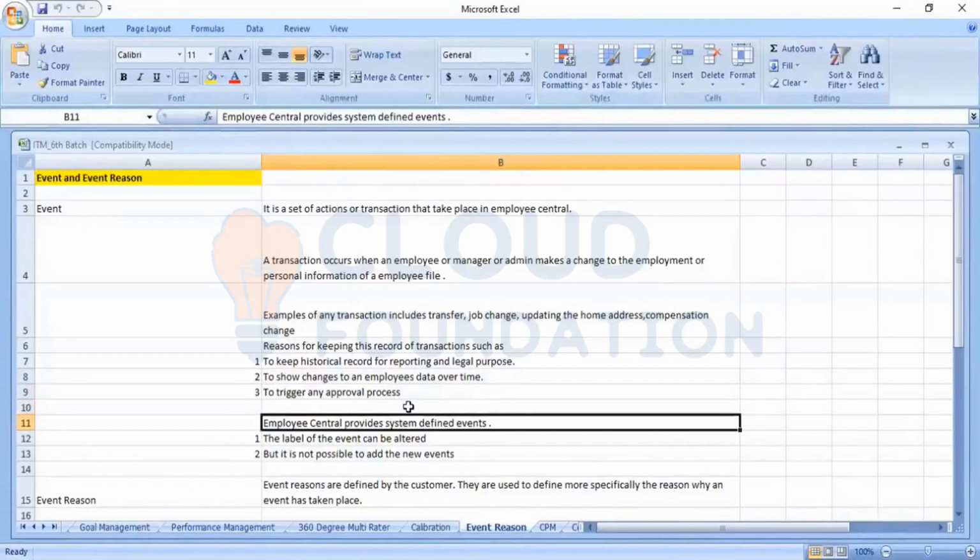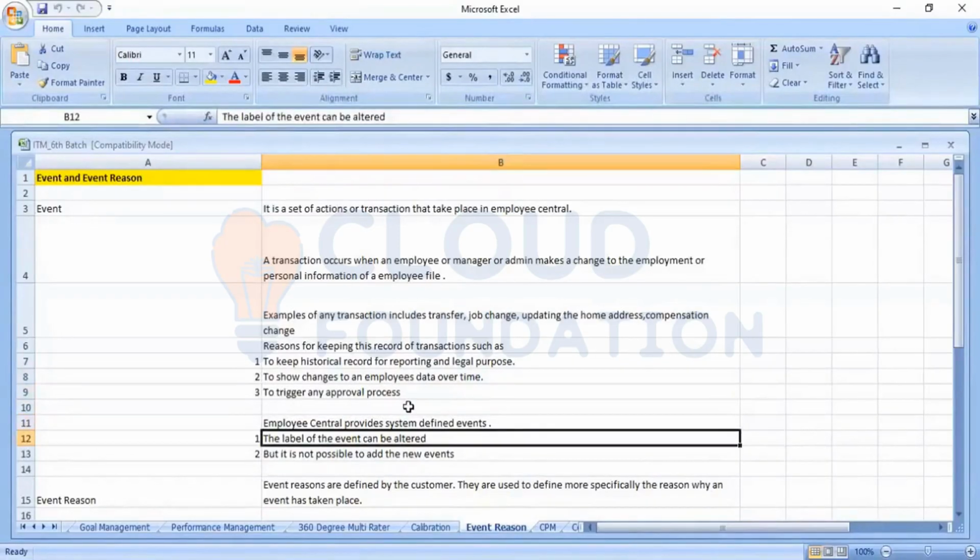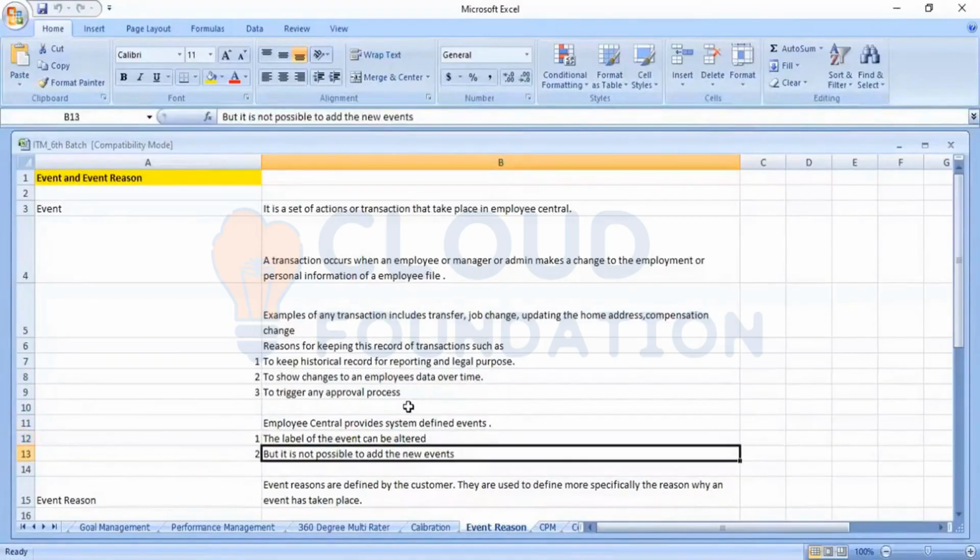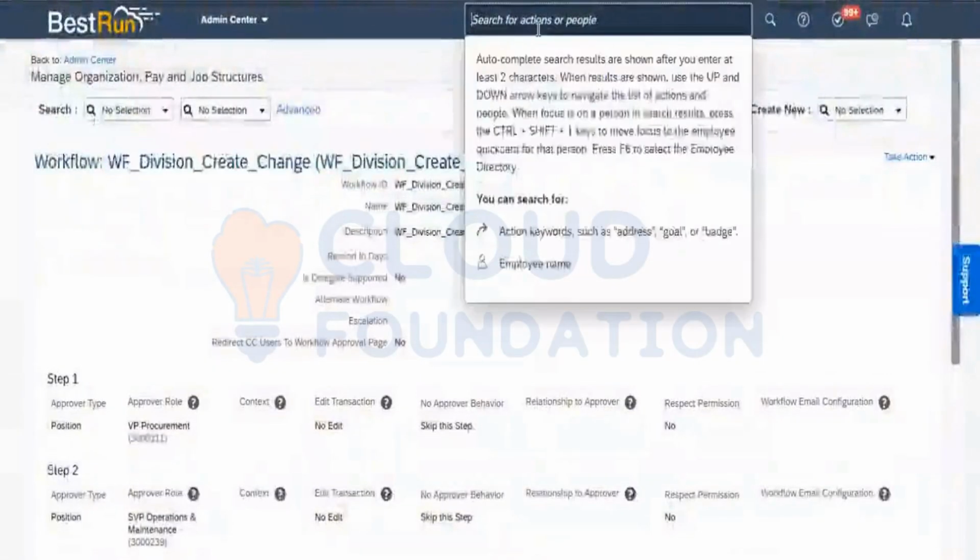Employee Central provides system-defined events. The label of the events can be edited, but it is not possible to add a new event. This event is a concept which is controlled and maintained by SAP. If we want to see the list of events, how can we see the list of events? We can go here into the